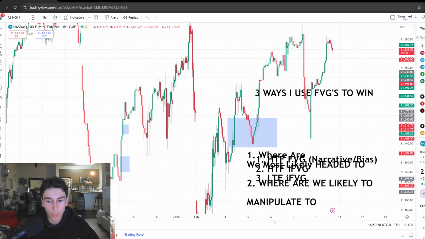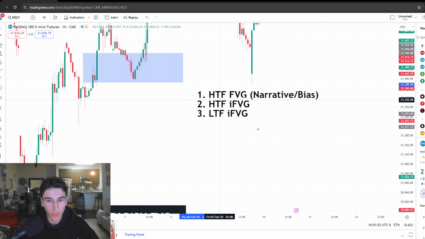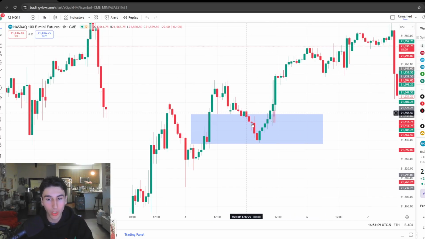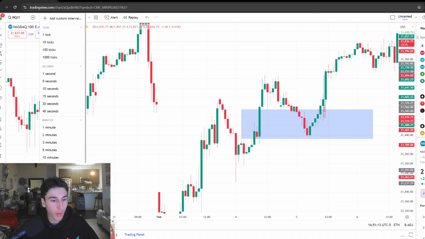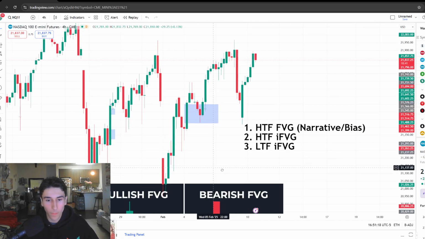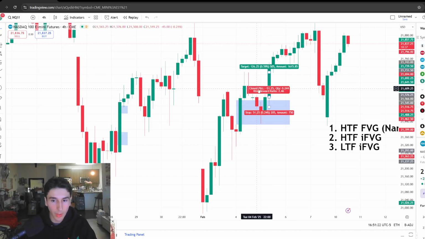So once I hop in the 4-hour, the first thing I want to do is, let me go ahead and delete this. First thing I want to do is check what the current trend is on the 4-hour. We're going to use this trade that the team took the other day as an example. So if we go on the 4-hour right here,